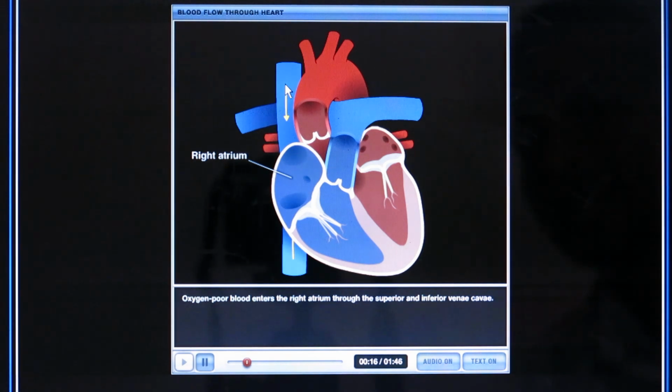The deoxygenated blood is coming from the top of the heart, from head, neck, upper extremities, by a vein called as superior vena cava, and from legs, abdomen and other parts of body, lower part of body, deoxygenated blood will come to right atrium. That structure which carries deoxygenated blood from lower parts of body is called as inferior vena cava.